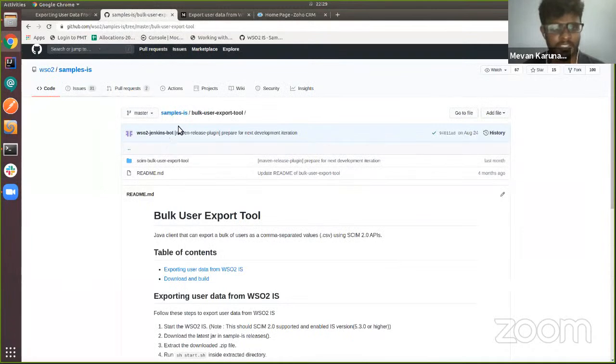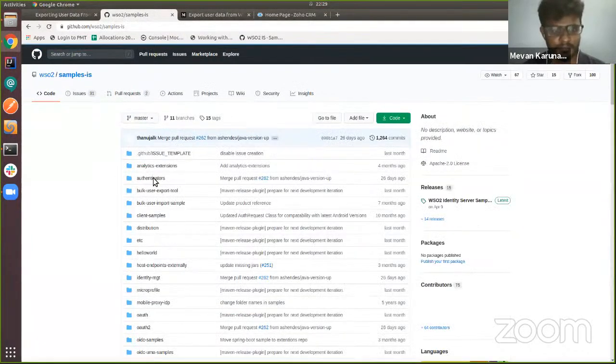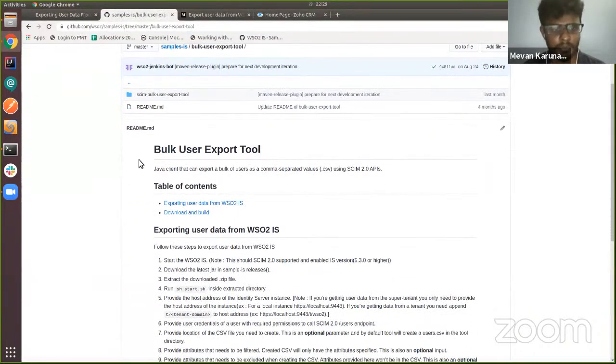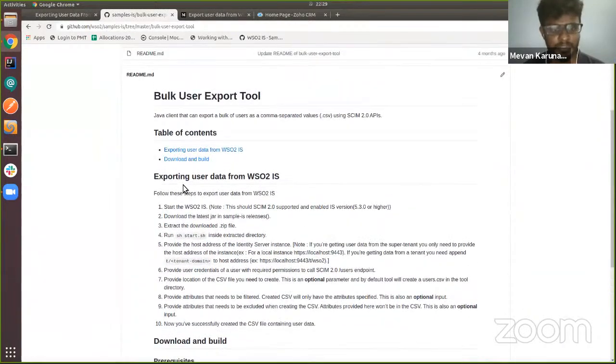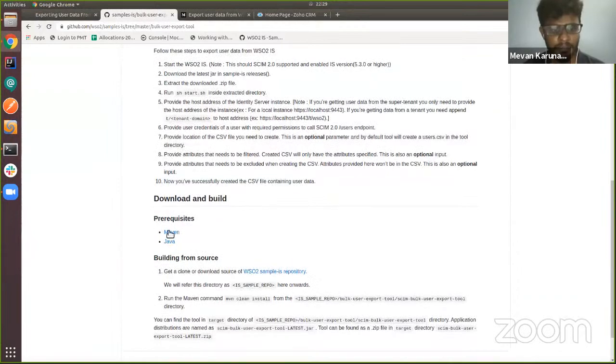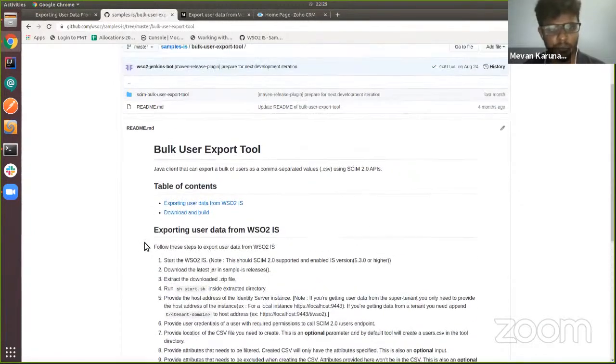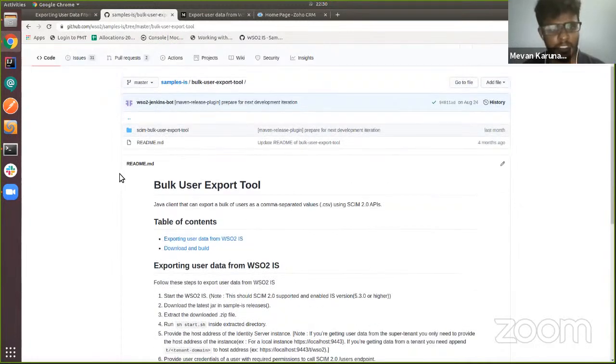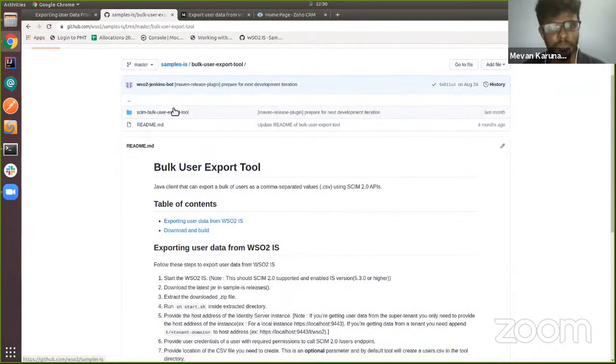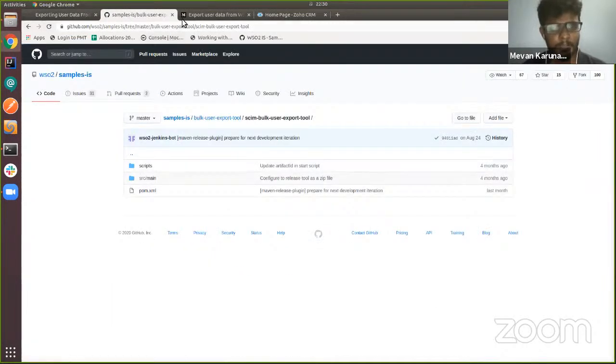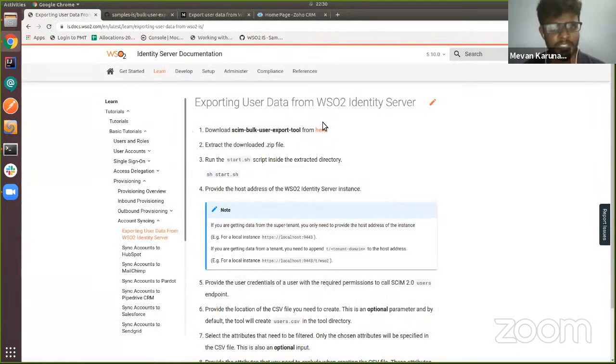So in the samples repository, there's a separate component called bulk user export tool. In here also we have documented how to use this tool and how to build it from source. So today my main focus is to show you how to use this tool to export user data from WSO2 Identity Server. First, as I have mentioned in the documentation also, we will have to download this bulk user export tool. So if you download it,